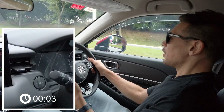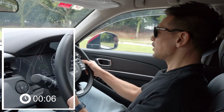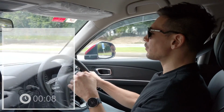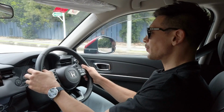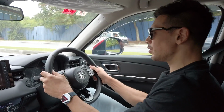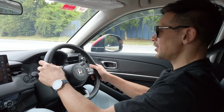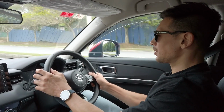Okay, 4,000, 5,000, 6, 6.5. Auto shifting there, and we went to 105 in 3rd gear. Quite competent. The steering wheel tightens up when you're revving the car a bit and makes it easier to control. It feels more sturdy, maybe more luxurious, and means that the wheel is not going to flap around, causing you to